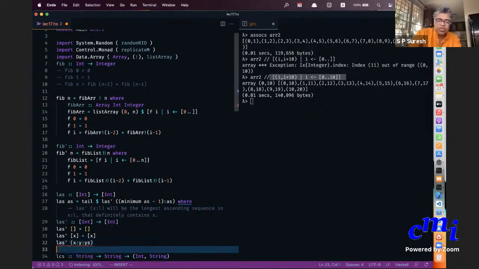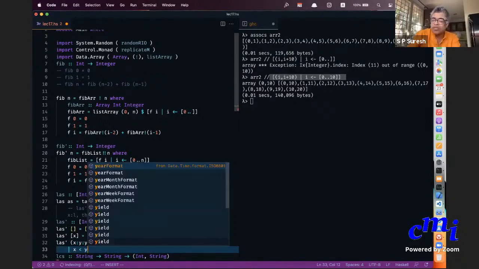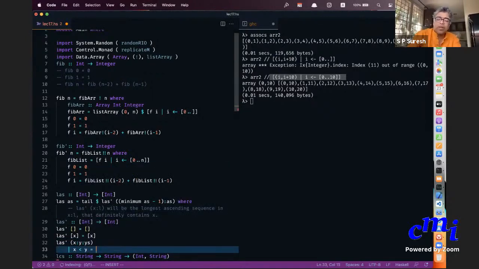I'll tell you what recursive call you do. There are two cases. Firstly, x less than y is one case. If x less than y, then you can either include y in the longest ascending subsequence or you need not include y. You should try both possibilities and take the maximum of the two, and the maximum means the one with the maximum length.